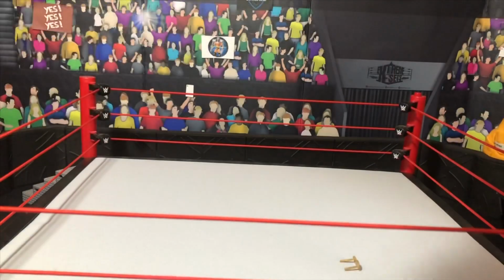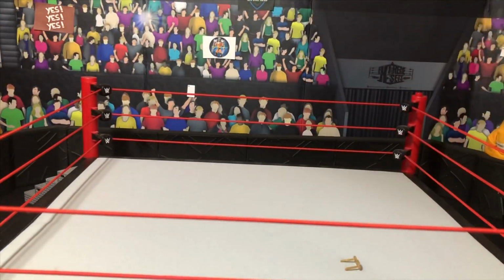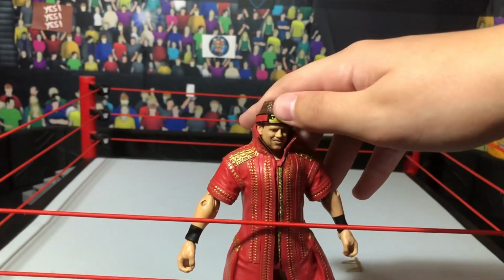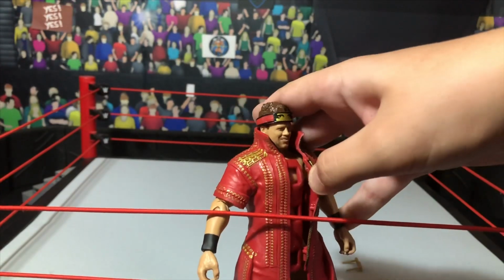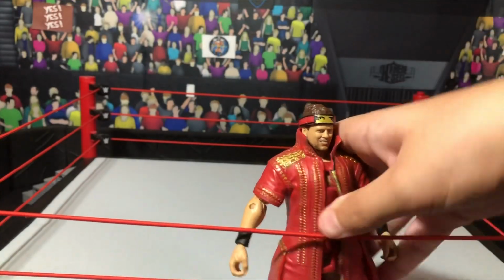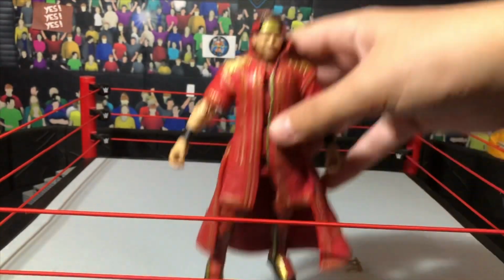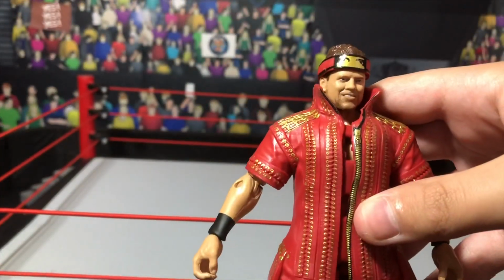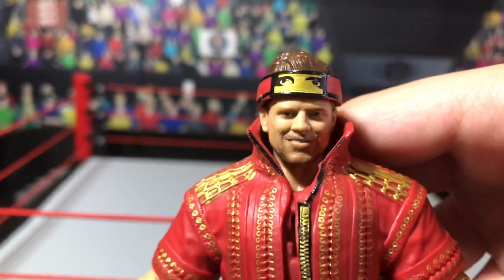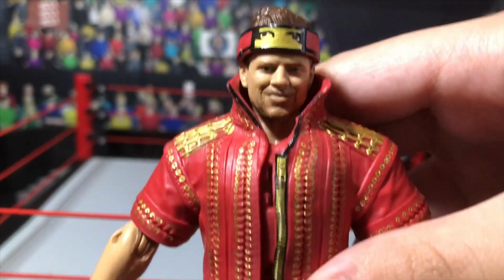Alright, now let's take a look at the action figure. So we have The Miz. Very, very cool. Comes with his leather jacket that he normally wears and his headbands that he now wears. Very cool detailing on this jacket and headband. On the headband you see there's like gold and it looks like eyes and everything, and just gold and red